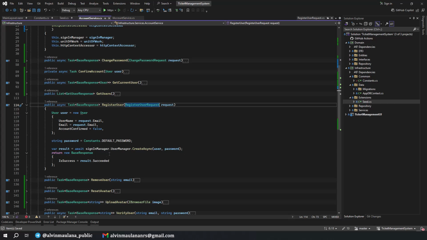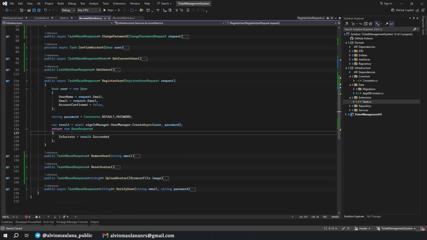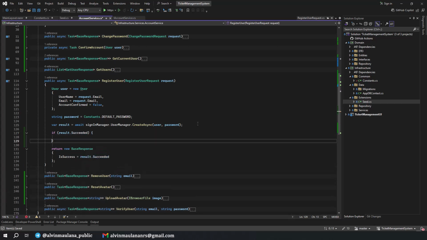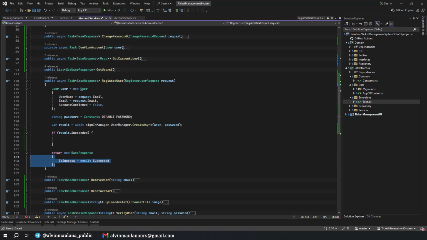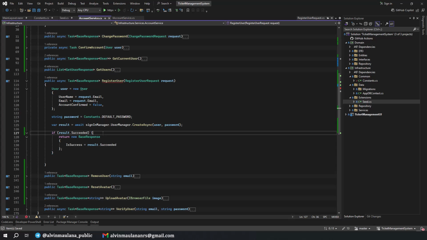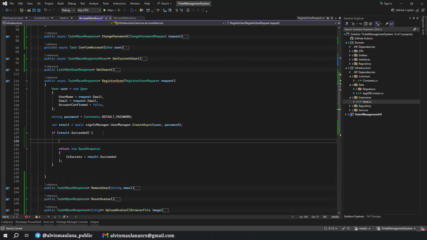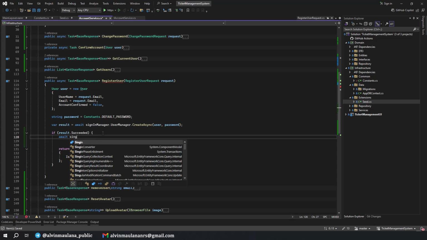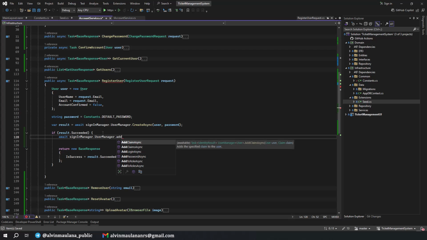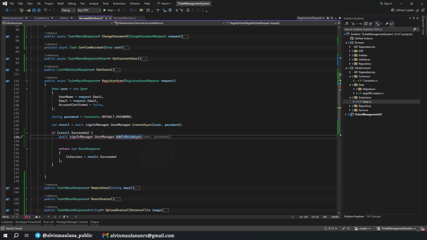So what we have here: when the create user is complete, and before we return the value, let's do it like this. If the result succeeded, we return like this, but we will have an await sign in manager, user manager, add to role asynchronous.